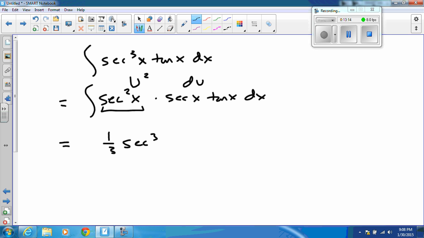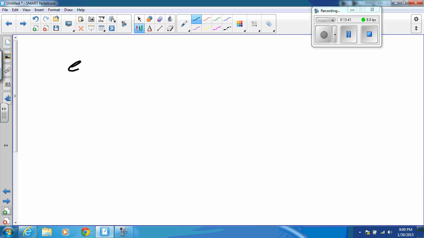Here, I find my du as secant x tangent x, leaving me with u squared du. And that's immediately 1/3 u cubed plus c. So this is also very, very straightforward. Something more complicated. Well, yeah, that'll do. The only problem that I run into is if I have